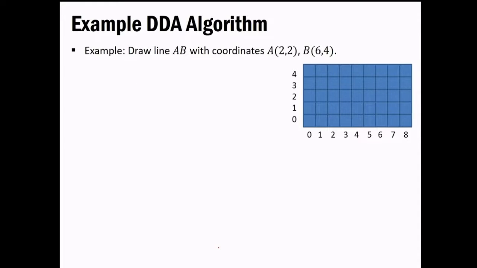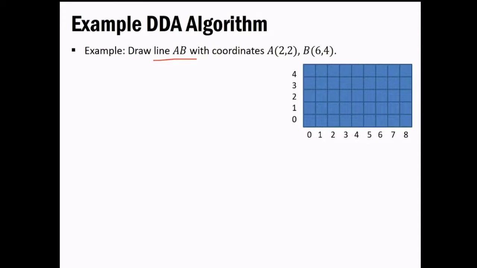Okay, so basically see, now pay attention. So basically what it says is we have to draw a line, or this could come in many different terms. So it can be like rasterize a line, illuminate a line, draw a line, something like that. Okay, A B x y or something like that. So you don't get confused with this. Okay, and then we will be having two coordinates or two endpoints. So the first thing says A is (2, 2) and B is (6, 4).